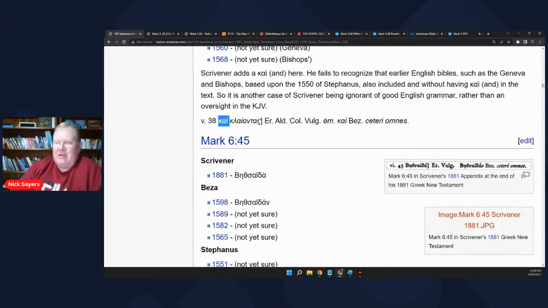He fails to recognize that earlier English Bibles, such as the Geneva and Bishops, based upon the 1550 of Stephanus, also included "and" without having K "and" in the text. So it is another case of Scrivener being ignorant of good English grammar rather than oversight in the King James Version. So we see in the King James Version here, just what we read before, the tumult and them that